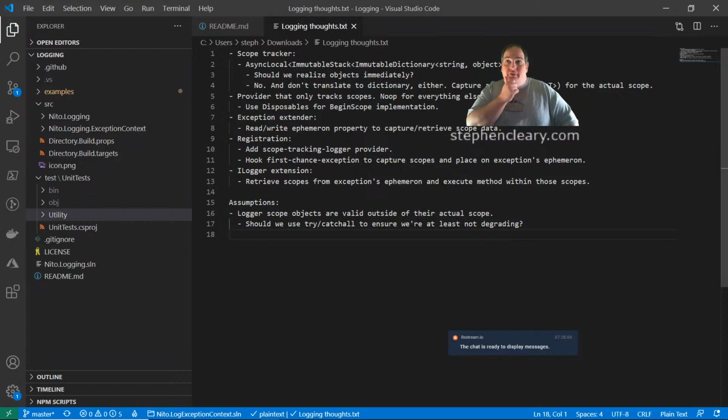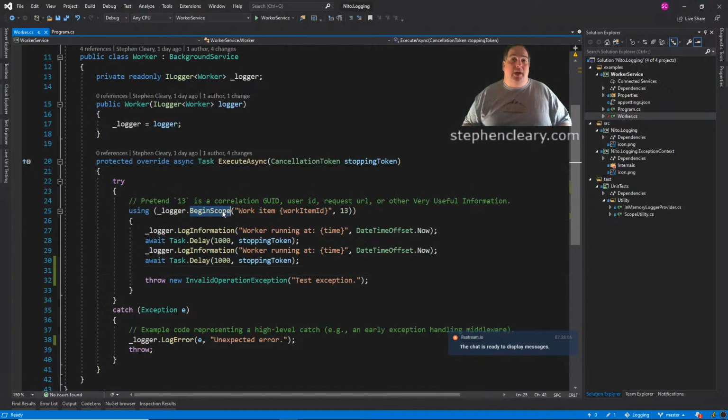So I've got some notes here that I wrote up about how we want to implement this. There's a few different pieces that I'm thinking of. First off, in order to actually capture the scopes, there's no way to say, give me all the current logging scopes. Instead, the way that the Microsoft logging works is there's a bunch of providers, and then when you call .BeginScope, then there's like this